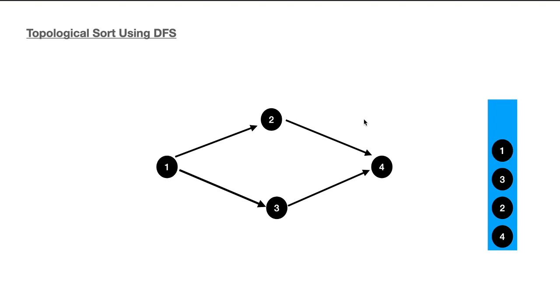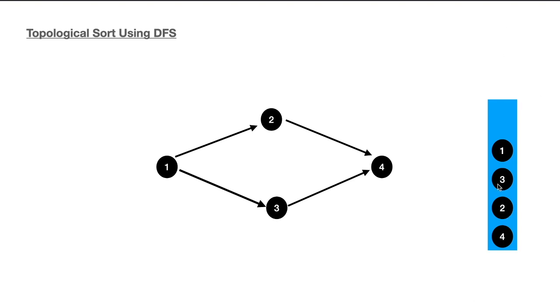So that is it. Just a slight modification to the standard DFS, and we're able to get the topological sort of a directed graph. I've shown this example with a very small graph, but this can actually work with all kinds of graphs, provided the directed graph is actually a DAG, a directed acyclic graph.